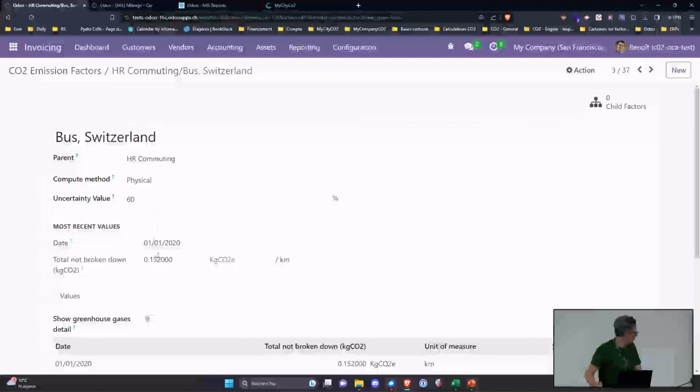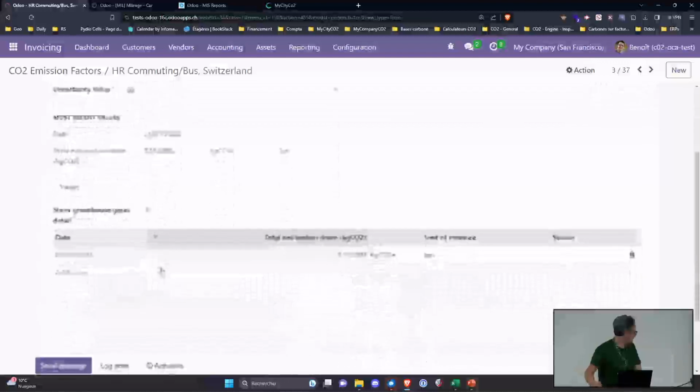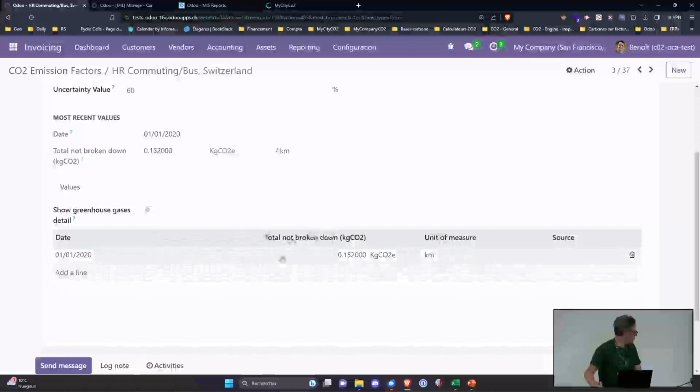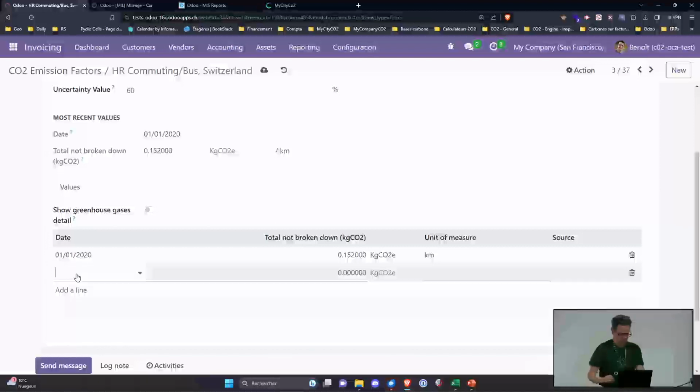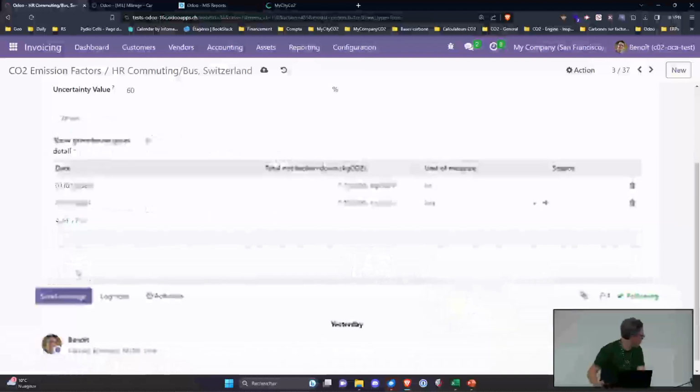You need to know the uncertainty, and then you need to give the information of, in this case, for each kilometer, you will get 0.152 kilogram of carbon. You can manage the vintages, saying, for instance, now in 21, it's not this anymore, but it has moved to 153 per kilometer.